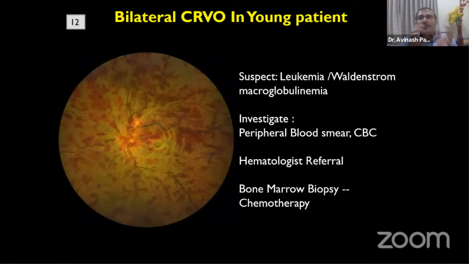Now, we spoke about vascular occlusions, but in this age group, or even in the elderly age group, if a patient presents with bilateral occlusions, it's a red flag sign. In a younger patient, always suspect leukemia. Another etiology to consider is Waldenstrom's macroglobulinemia. An additional clinical point is that patients with Waldenstrom's macroglobulinemia rarely present with macular edema. So if a patient has a central retinal vein occlusion and does not have macular edema, consider two differential diagnoses: a cilioretinal artery occlusion, or Waldenstrom's macroglobulinemia.